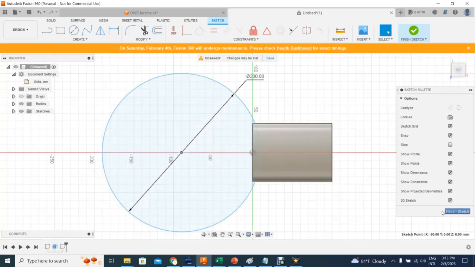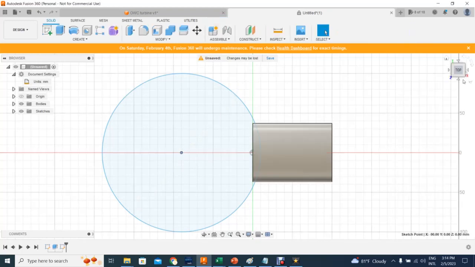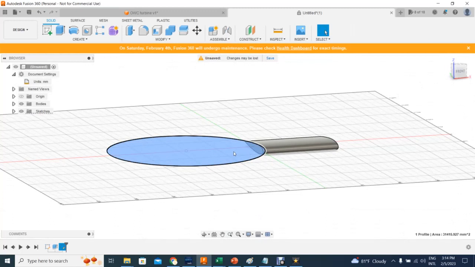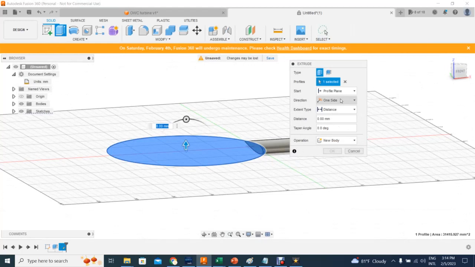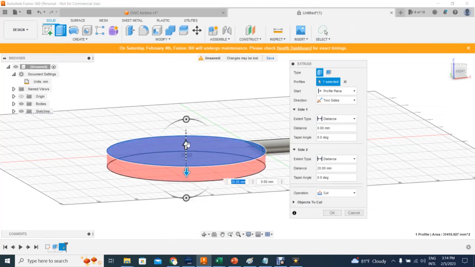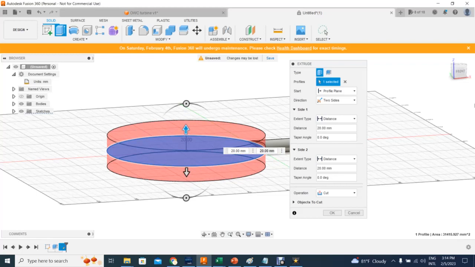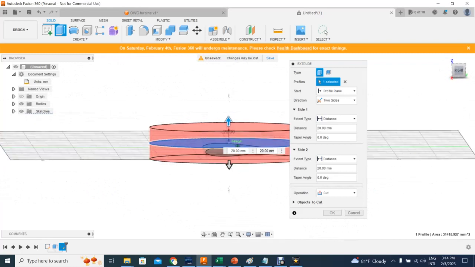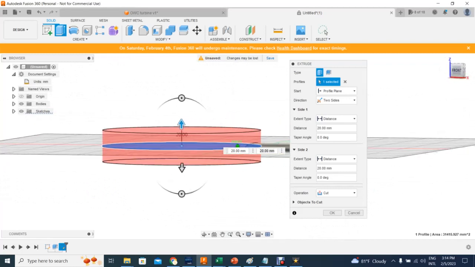So the next step will be, actually, let's do the extrusion of these guys. So now they start to look more like the finished product. Let's say finish is okay, and let's go right there. It's right at the center. So what we want to do is get this extruded distance one side. Actually, it's gonna be two side. It's gonna be one. Let's say 20. Let's see. I would say a little bit less than that, but that looks good to me. You can make it smaller, but